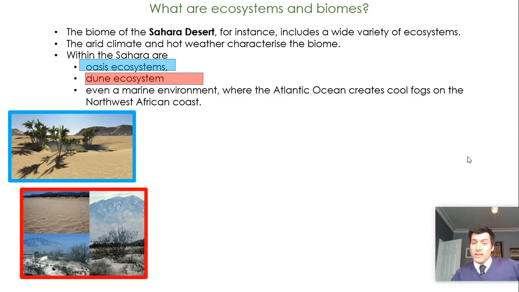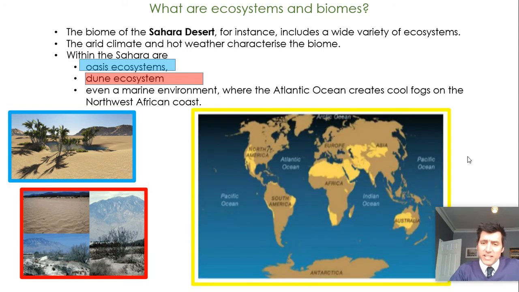And then there's also a marine environment within the Sahara Desert. It's not something you'd normally think of, but if you think of where the Sahara Desert is in the north of Africa, towards the northwest of Africa, at the point where the yellow box is now, you can see that the Sahara Desert interacts with the Atlantic Ocean. At that point, there are fogs on the northwest African coast. So there's suddenly quite a different set of ecosystems that are all part of that same biome of the